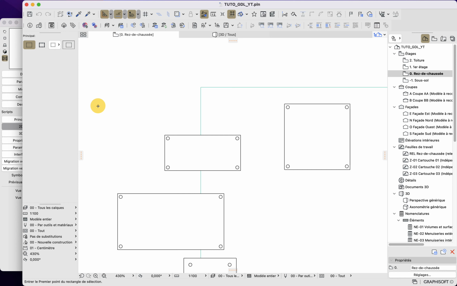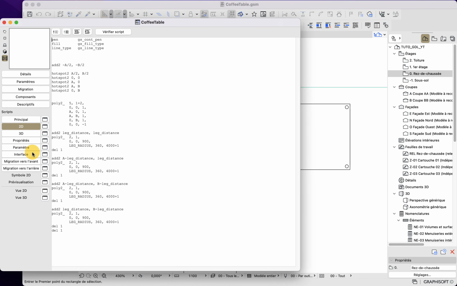In this video, we will start scripting our 3D. So now that our 2D is okay and properly set up, we can start focusing on 3D. The workflow usually when it comes to GDL is to start with the 2D, and then when all is good in that view, we can easily make the 3D. Because in this programming language, you have some 2D to 3D conversion in the sense that some 2D commands have their 3D counterparts.